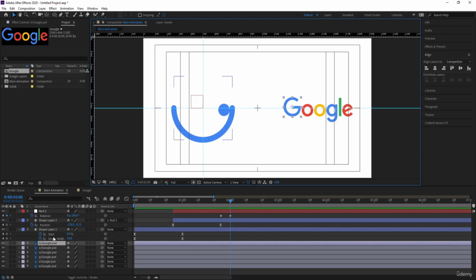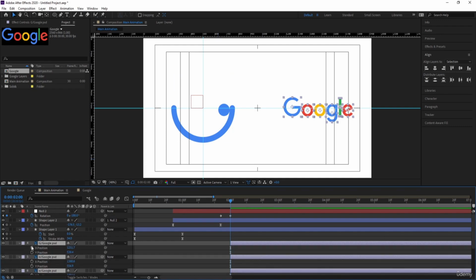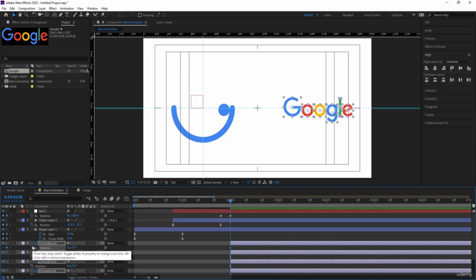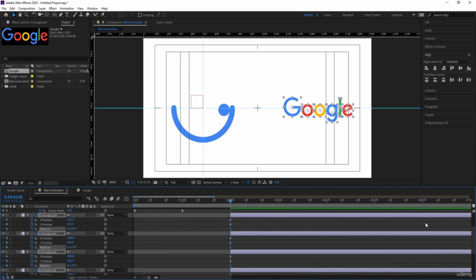here. So what we are going to do, we are going to select all of this alphabet and simply move this over here. Press P for position, create one keyframe at X, one keyframe at Y, and R for rotation, create another keyframe, and hit U. Zoom in, let's move this over here, and let's go somewhere around 3.10 frames, create another keyframe on X, Y,